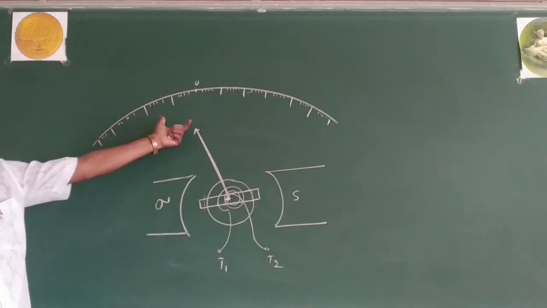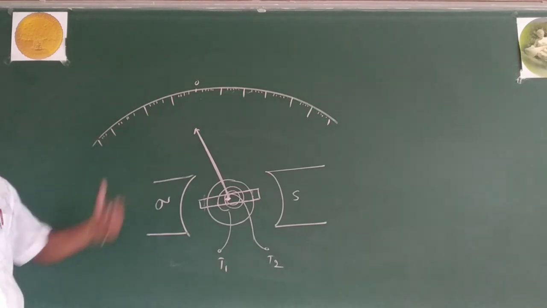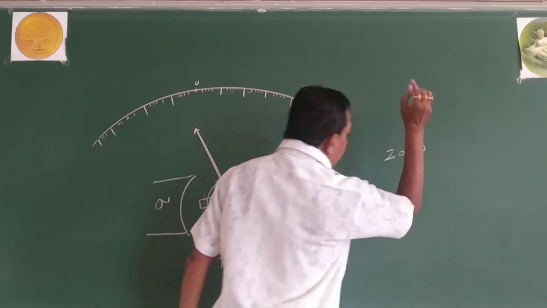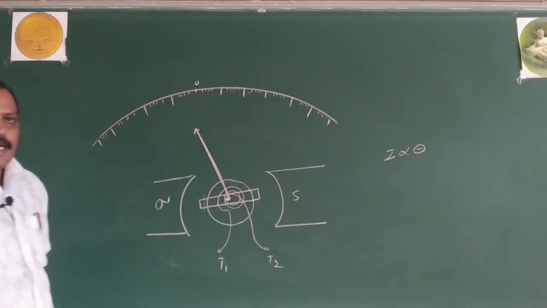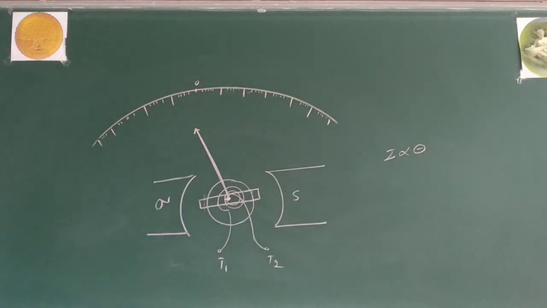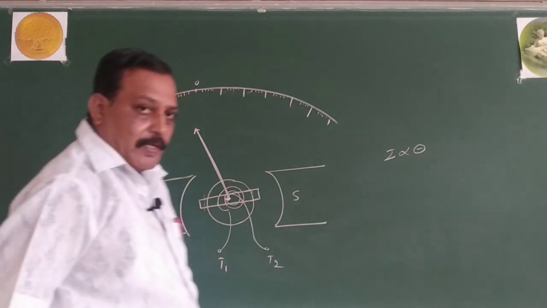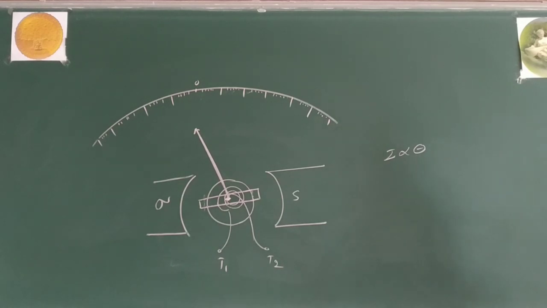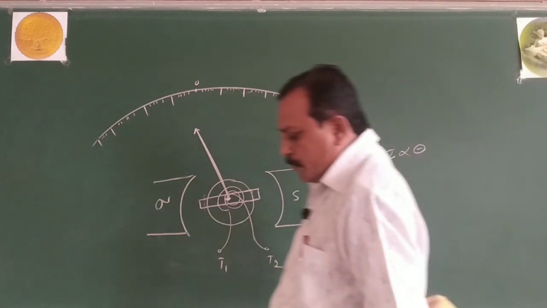The working principle is the same as that of the moving coil galvanometer. Current through the coil is directly proportional to the deflection produced, theta. Now this is I is directly proportional to theta. Whatever the theory of the moving coil galvanometer is, the final equation is the same for the table galvanometer, or laboratory galvanometer. I is directly proportional to theta.